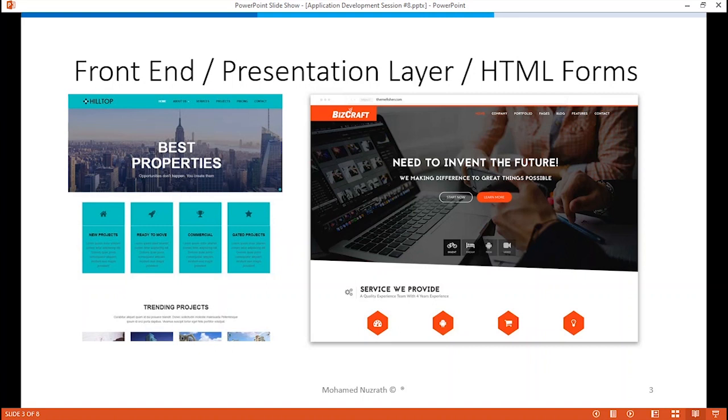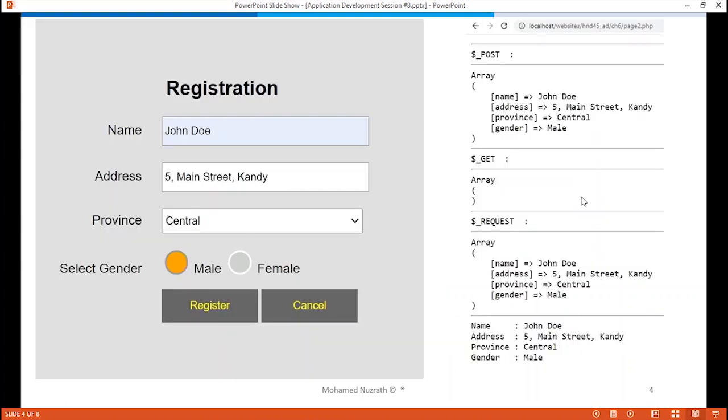Actually, what we are not going to do today is front end validation, when we fill in the information and it needs to be validated. Sometimes when you are filling up a form, let's move to the fourth slide. You will see a web page that I have created for today's lesson. This is a small example I have developed.